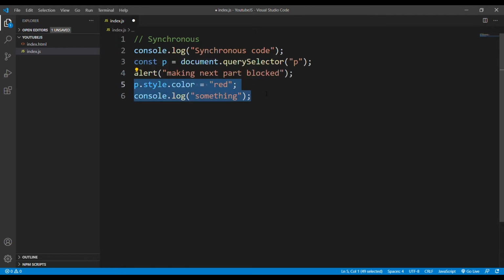Okay, so this will not run until I press OK for the alert box. So this is the synchronous code. Everything will be run line by line.